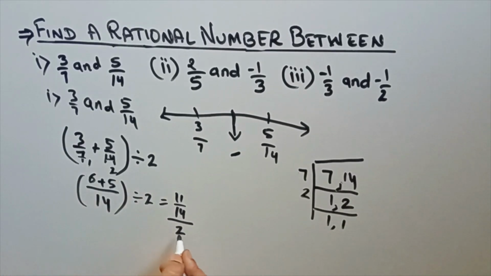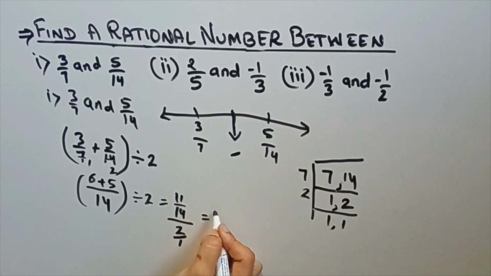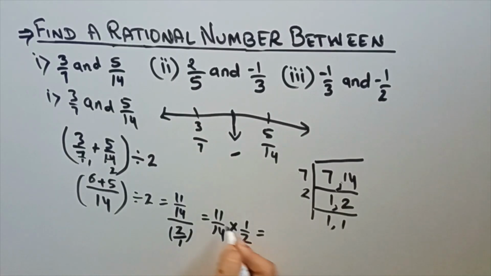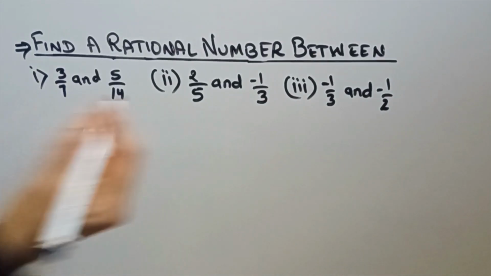2 in the denominator, so we'll put 1 under the 2. Now we'll take the inverse of this. The division sign I change to a multiplication sign, and take the inverse of 2 by 1, which becomes 1 by 2. So now the answer is 11 ones are 11 upon 14 twos are 28. This is our answer.